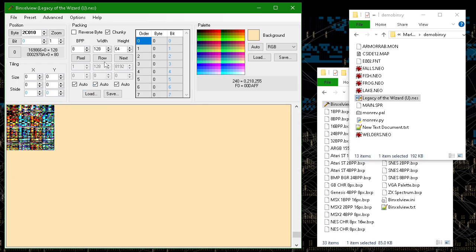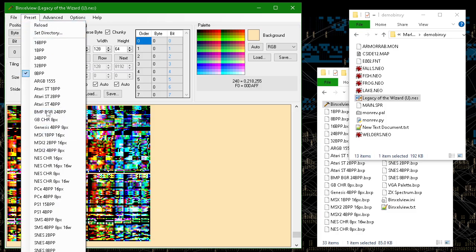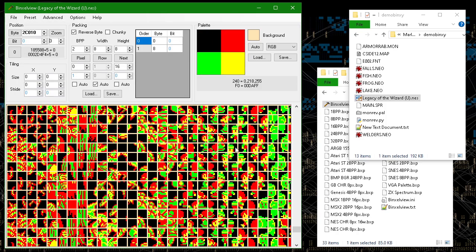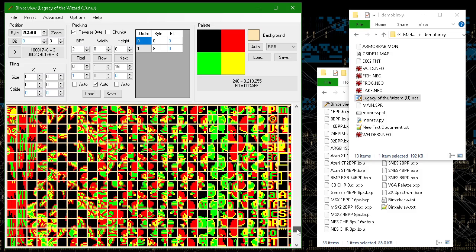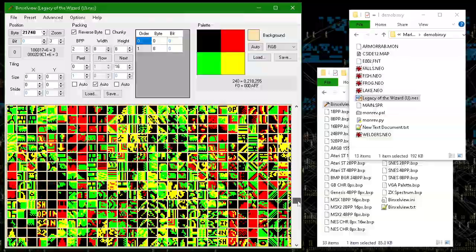Actually, let's go to the end of the file now. If you know about NES ROMs, you know that there are often two ROMs in an NES cartridge. One side is code and data, the other side is all graphics tiles, and graphics tiles are in a standard hardware format, and that's what these presets are for. So I have this preset menu, and in this case, NESCHR 8 pixels, and here we go. You can already see the graphics. So that's it. Here's the graphics data from the game, and you can visualize it.